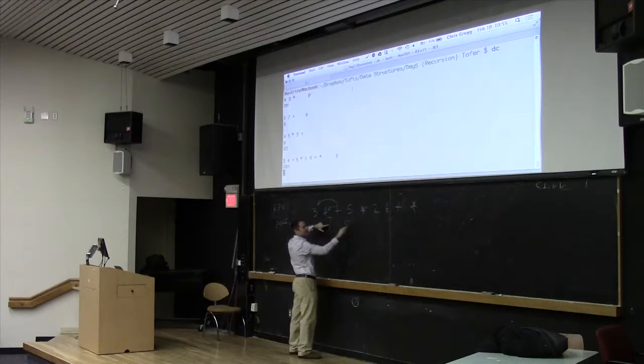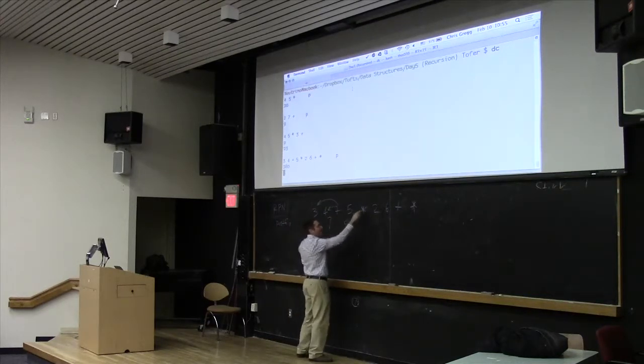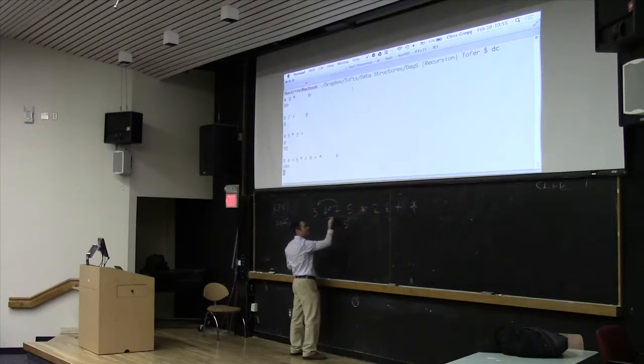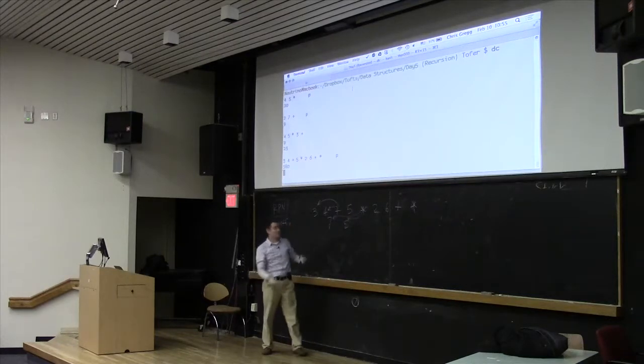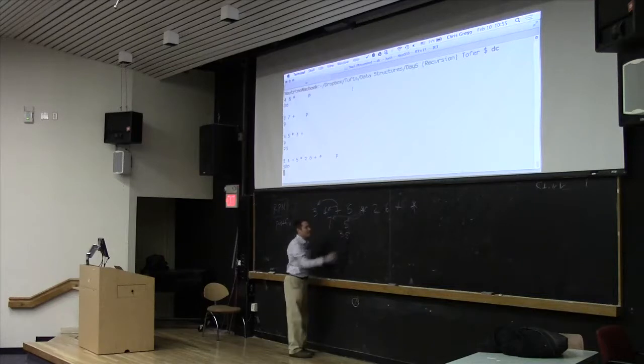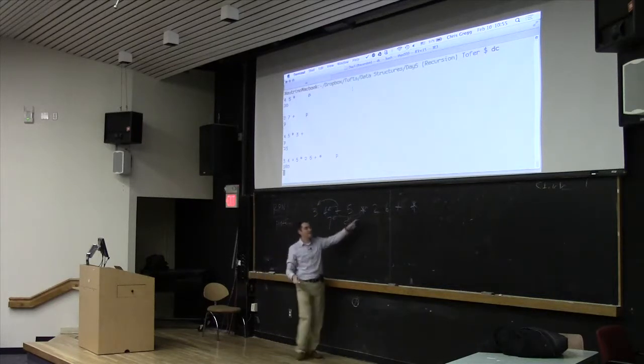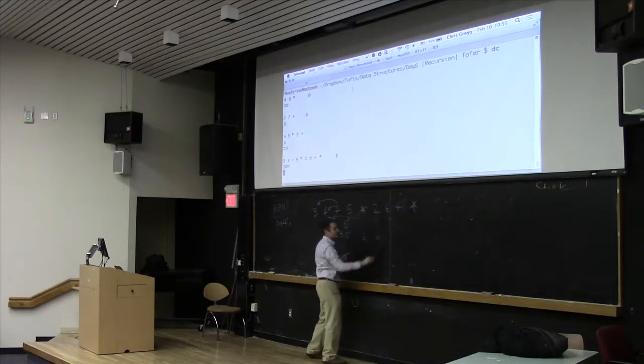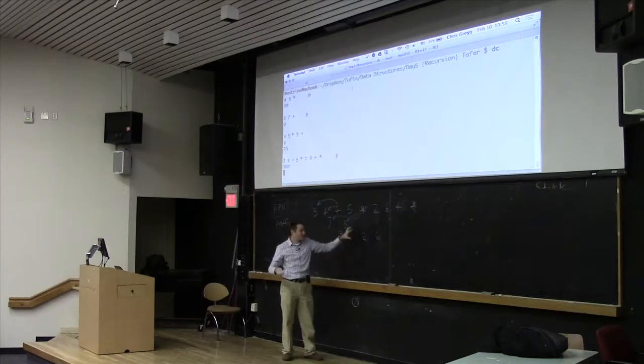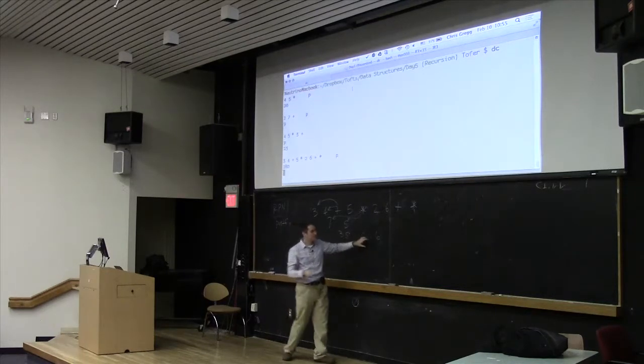Then it gets to the 5. And then it gets the times, and the times says, okay, apply the times to these two, 35. Right? Then it says, okay, we've got a 2 and a 6. And we haven't done anything yet. So we actually are going to leave these guys where they are, the 2 and the 6.